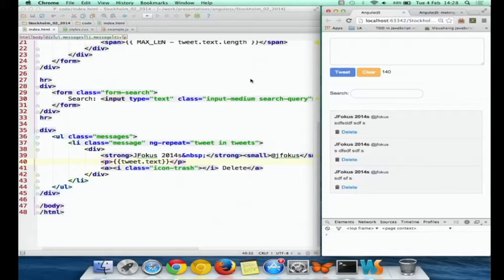So on one hand, we are giving up a bit of control on the DOM, right? Because with jQuery, we can very precisely say what happens on the DOM, how the DOM tree is manipulated. We really have full control. With AngularJS, we are giving up this control and putting it in the hands of the framework.